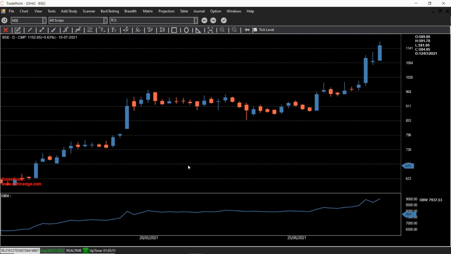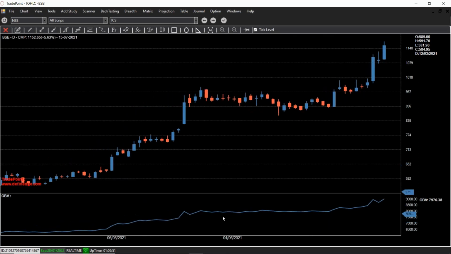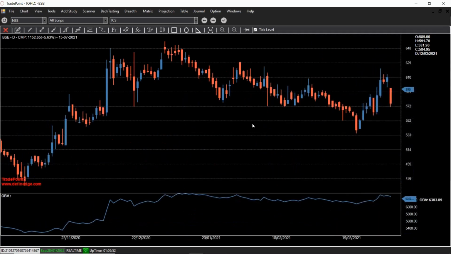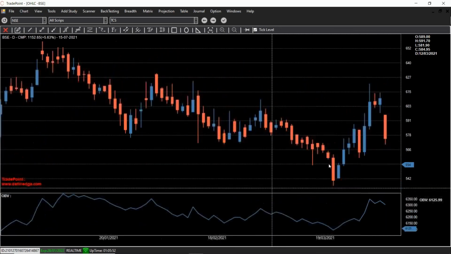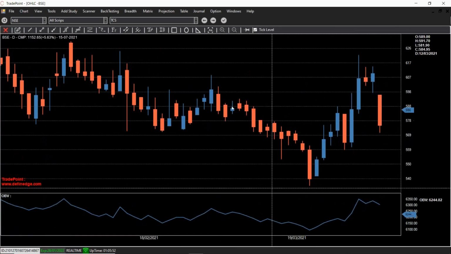from this indicator. And that's where you see this indicator, it's not an oscillator, it doesn't move in a range, because whenever the price goes up with the volume, we keep on adding that volume to this total number, and then when price falls with the volume, we deduct the volume from that total number. So that's how it behaves. For example, this is a falling price, and here it is falling with the volume. We are deducting that volume from that total number, so the OBV is also falling.